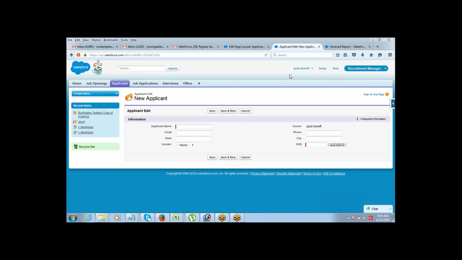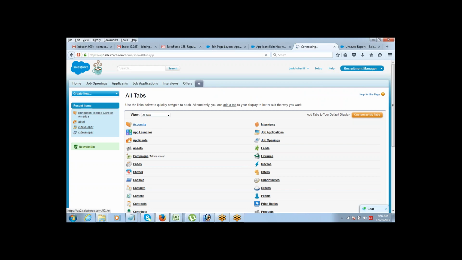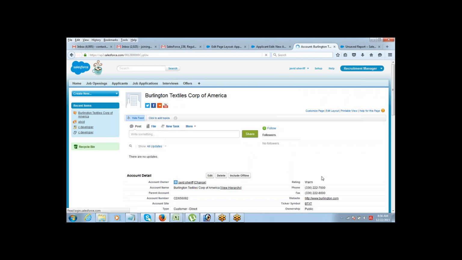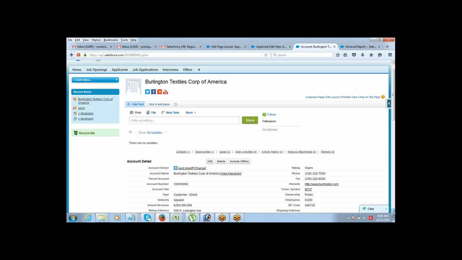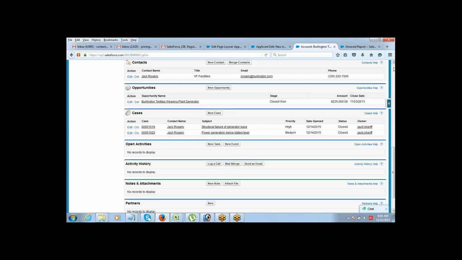But if you go back to account object, you will see these are called related lists.